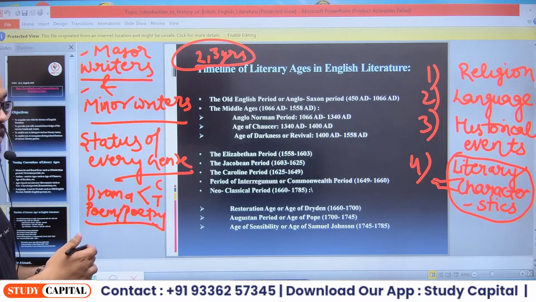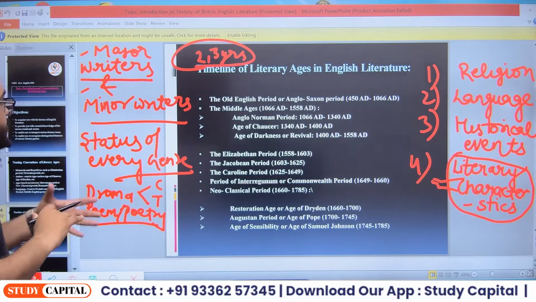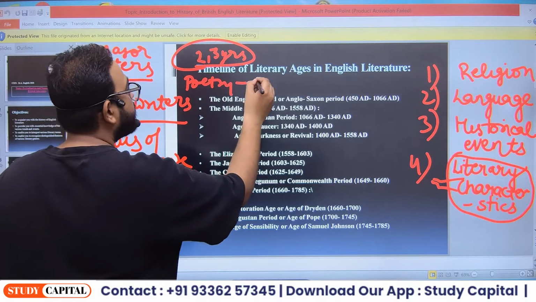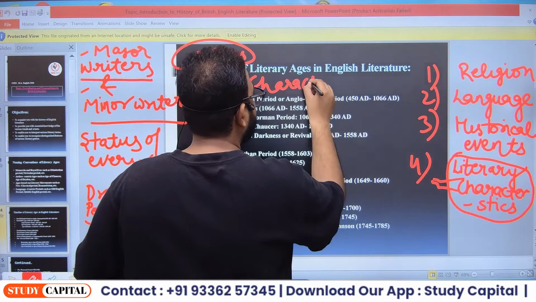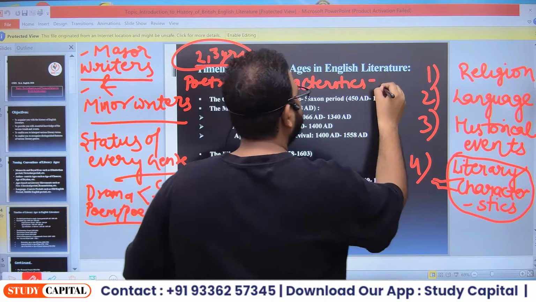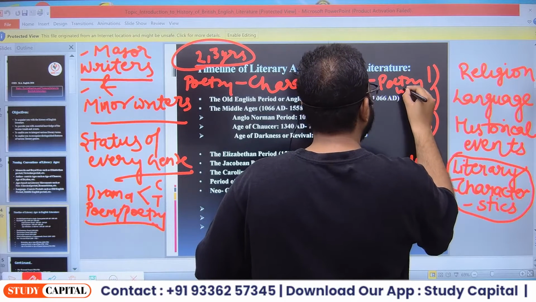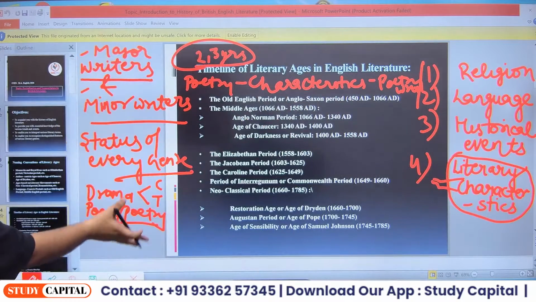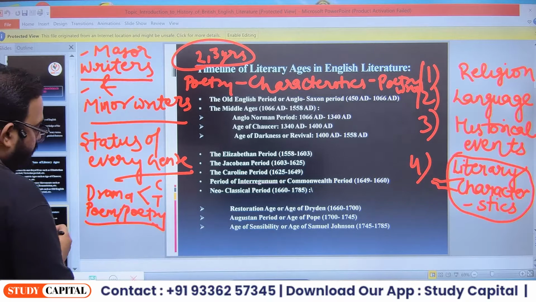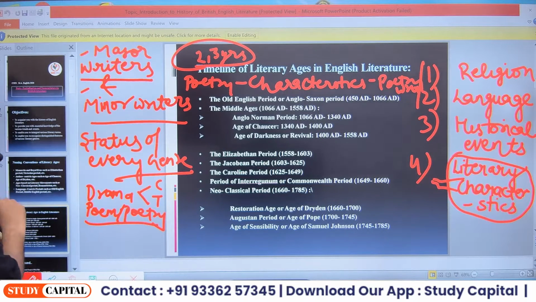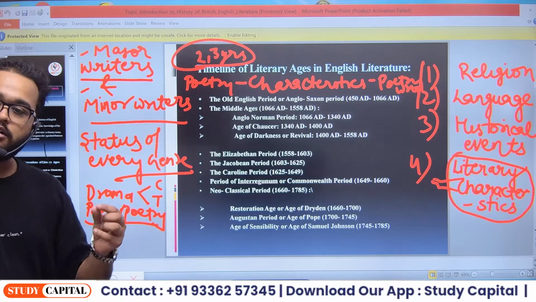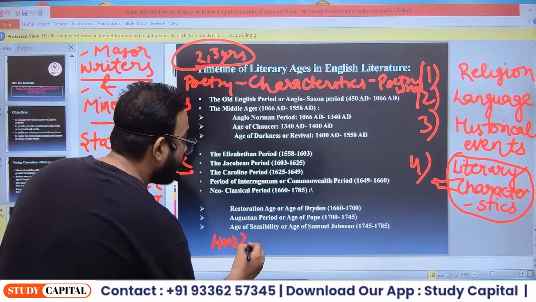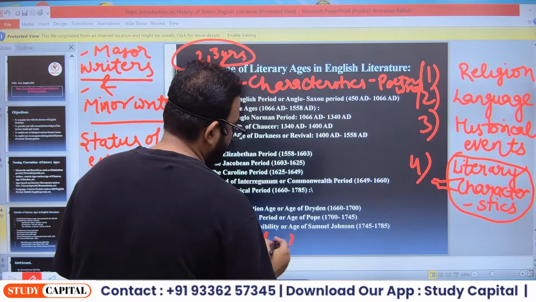So you'll have to see the status of poetry, the famous poetry writers. You can also read them together. For example, you start with poetry, so you see the characteristics of poetry first, and then you see the major writers of the age, the poetry writers, and then their works. That is also one such approach that you can take. Other than that, you can also read the major and minor writers and then come to the status of these positions. So when I say drama, what kind of drama is written, not just what drama is written, right? Not just what, but you have to ask questions like how it was written, why it was written, and who was writing,